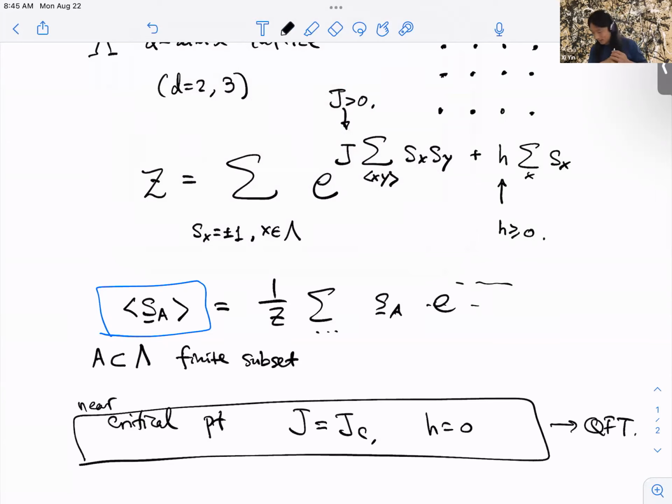In this limit, the spin correlators at long distances will give rise to multi-point correlators of local operators in the corresponding Euclidean quantum field theory. But most of what I'm going to discuss does not rely on being near the critical point. In fact, as you'll see, the actual numerical results are going to be the weakest at the critical point, which is not surprising, but they're still non-trivial. And the hope is that in the near future, when we improve the numerical efficiency, we'll be able to say something useful about the critical points.